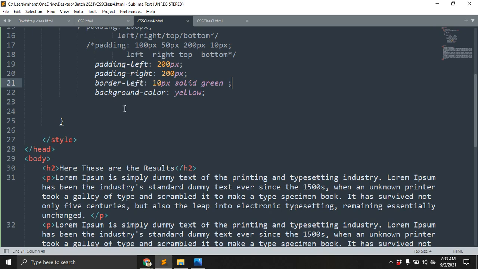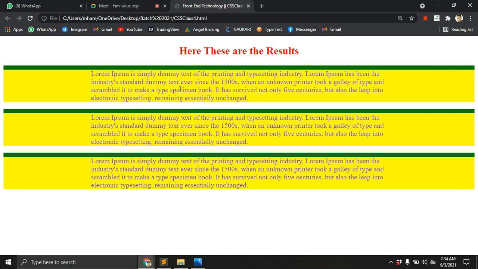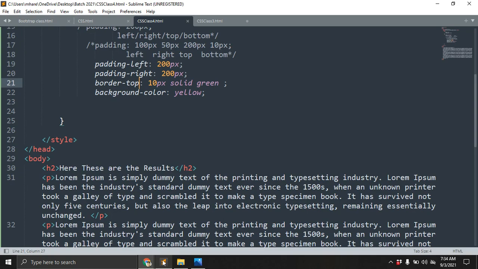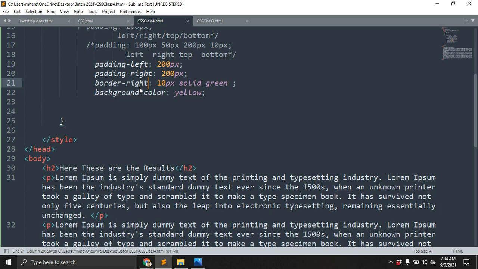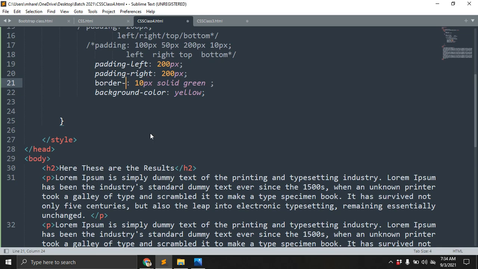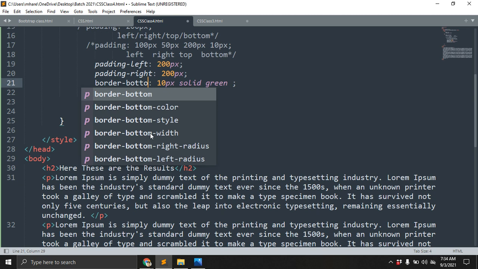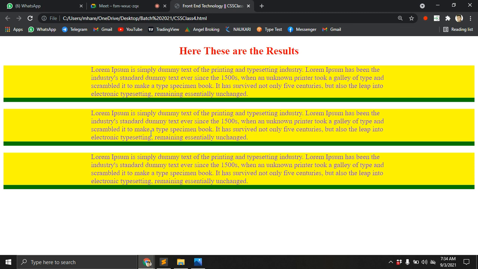Now I'm giving top. Save, refresh. It will be working on top only. The next one, right. Save, refresh. There is right, and bottom also, just give bottom. Save, refresh. That is the purpose you need to use.